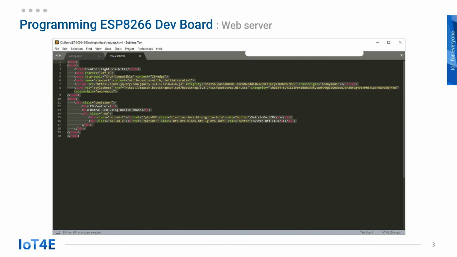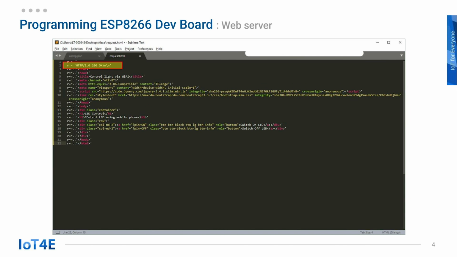Open the file with any editor. We're going to convert the HTML into one single string so that we can import it into the code. To do so, we have to put the entire code into a variable in one line as shown on the picture. First, create a variable called r and put every line into the variable r as shown. Then, on top, add r equals